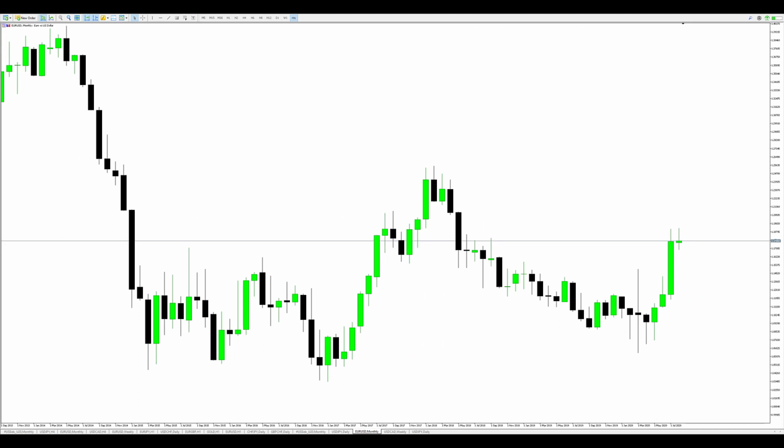Hi guys. So yesterday I did an analysis on the dollar index, and I did mention that the same price action that you see on the dollar index is going to be a mirror image on the EURUSD, meaning it's the opposite. So I'm going to do a short